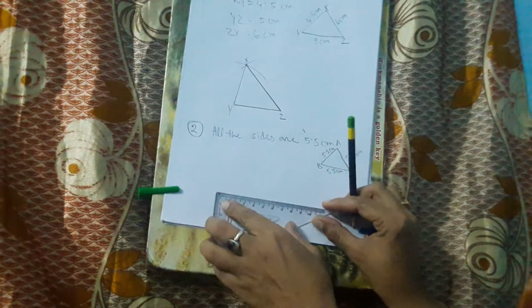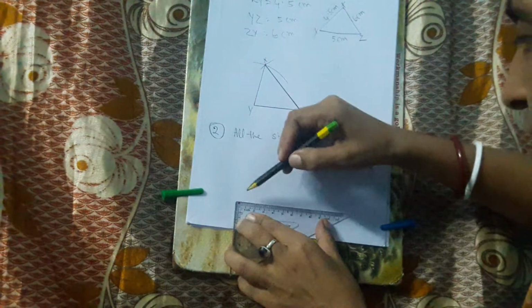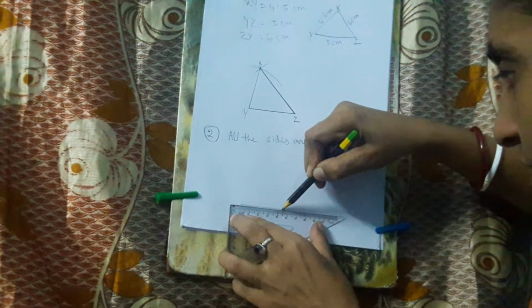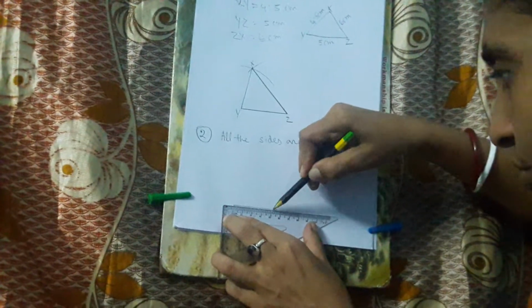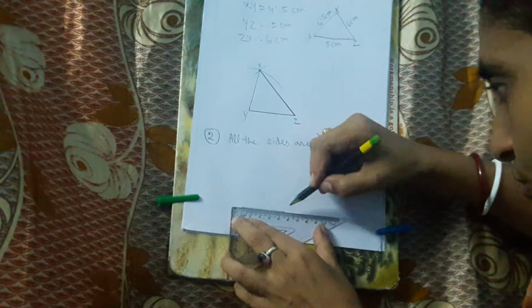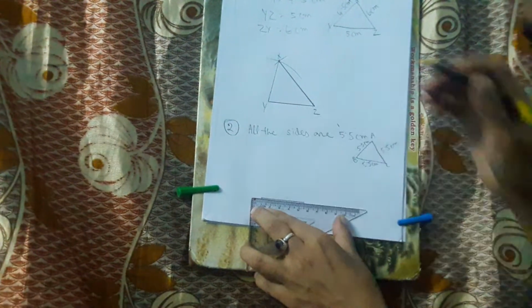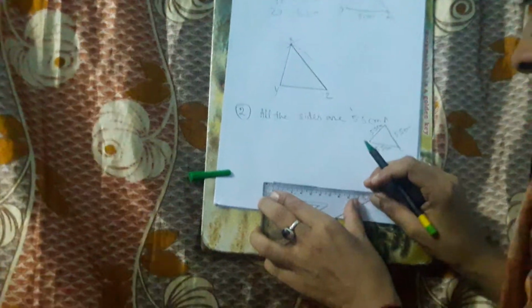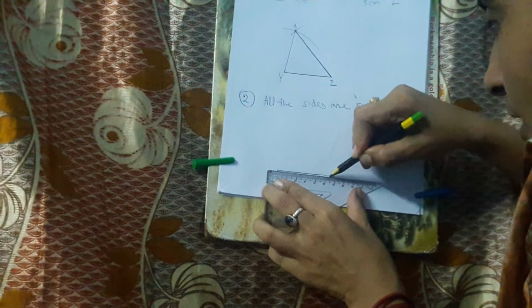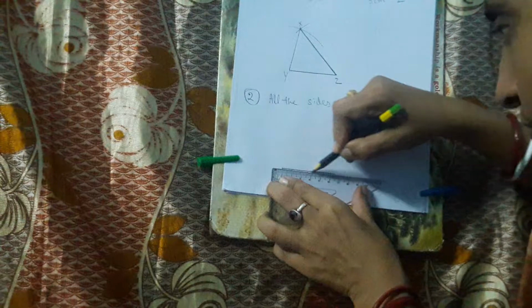First I will go for the base, that means BC. I will take it as 5.5 centimeter. Let's go for that. Here I am using a blunt pencil because it should be visible to you, but you should always use sharp pencils for construction work. Here it is, 5.5 centimeter you have asked. Let's draw it. I am trying to make it a little bit darker to make it more visible.